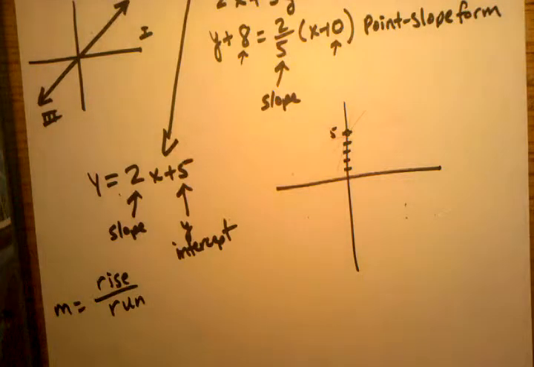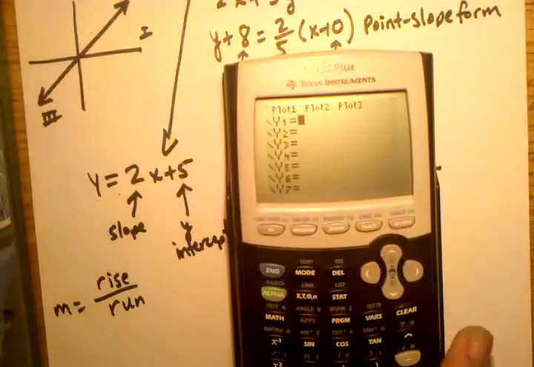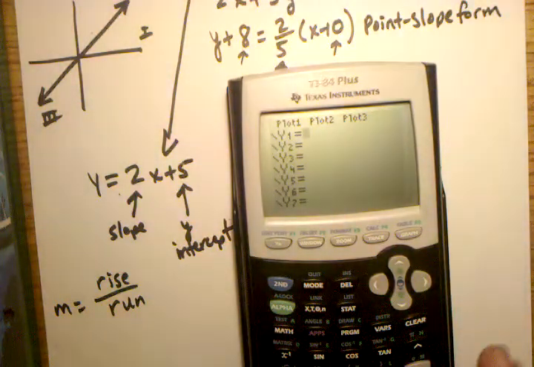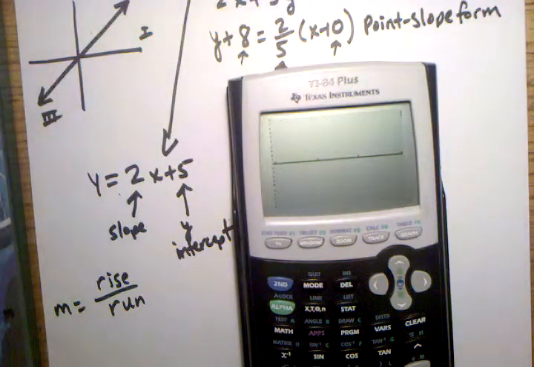So when we take this calculator, this is where I like to use a calculator. Hopefully we can see the graph. We're just going to take different versions of equations and do y equals 2x. I'm not going to put plus 5. I'm not going to put that it's going through a different coordinate on the y-axis other than just 0. If I don't add anything to this, I'm just going to have this line go through the origin, which is 0 on the y-axis. So when I graph that,